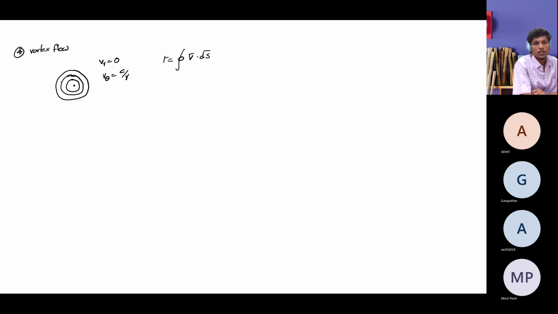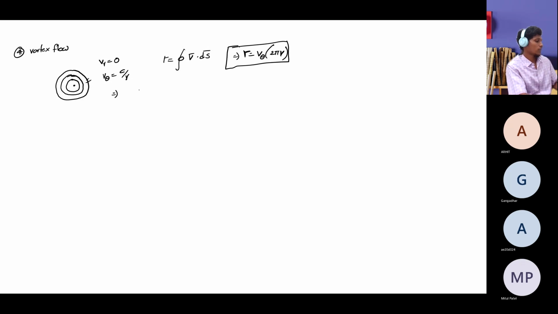Since it is your circle, I can write gamma equals to the line integral about ds. If I take any small elemental ds on the circle, and the v bar is constant, that is v bar equals to v theta. So I will write v theta, and integral ds means the small element; if you integrate over the entire circle, you will get the perimeter of that circle, that is 2 pi r at that point. So that's how this circulation came into the picture for defining the strength of the vortex.